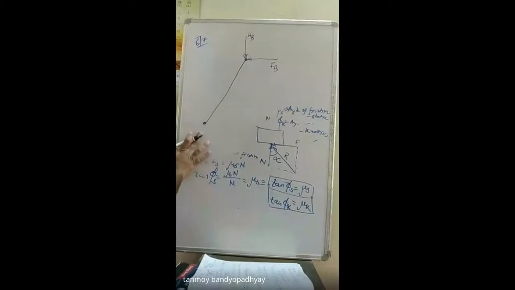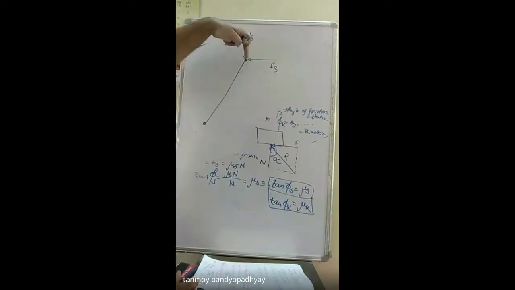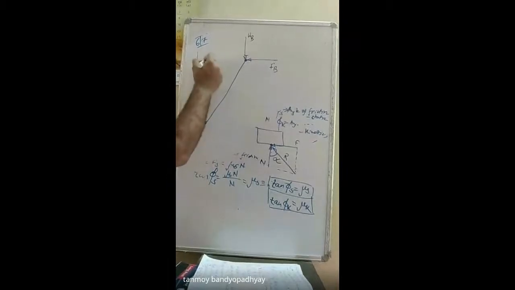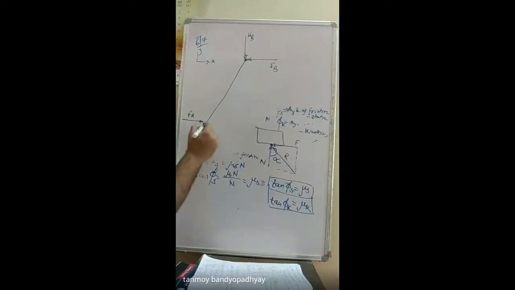And if I come to the point A, since this load is pulling this rod in the downward direction, it has a general tendency to move in the negative x direction. That is why the frictional force, I am assuming, is acting in the positive direction. And since it's resting on the surface, there will be a normal reaction NA acting at the point A. If I take the resultant of these two forces, I should have a value RA.